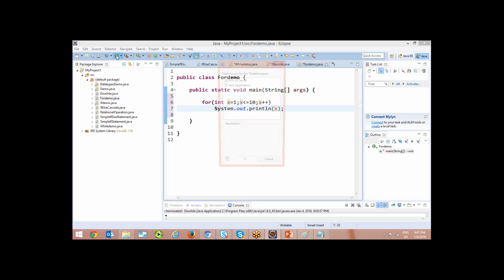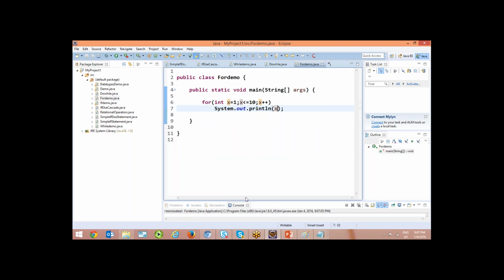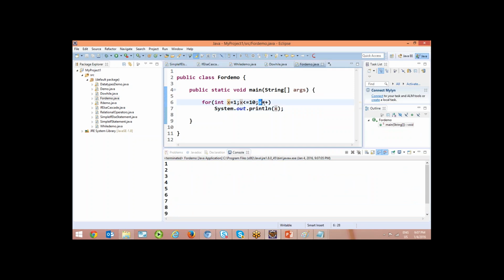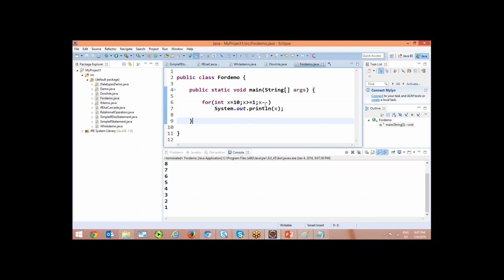See, this is very simple, you are going to print the numbers from 1 to 10. If it is while or do while, you need to write 4 lines of code. But now here within 1 line it is finished. This is the initialization, this is the final condition, this is increment or decrement. Suppose now you want to print from 10 to 1: x equal to 10, x greater than or equal to 1 and x minus minus. Now you are getting from 10 to 1. It only depends on your starting value, ending value and the operators you are using. That's it.